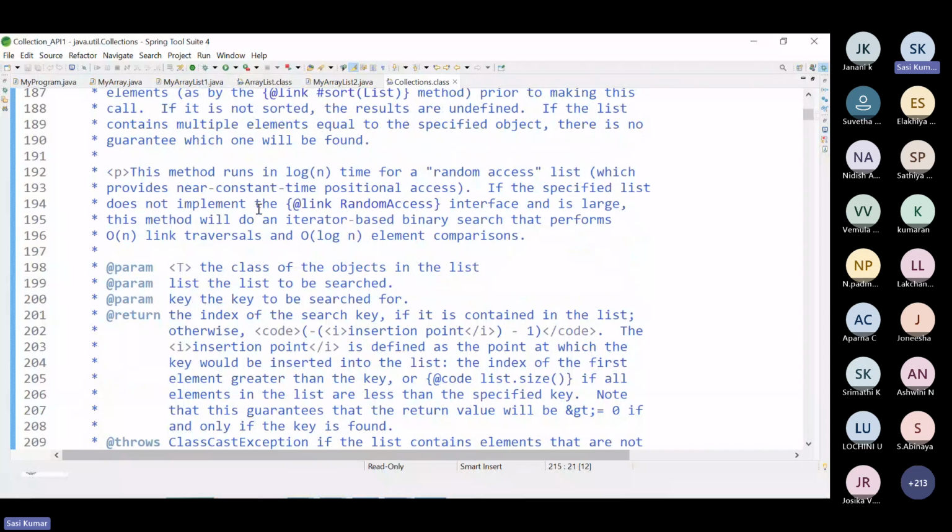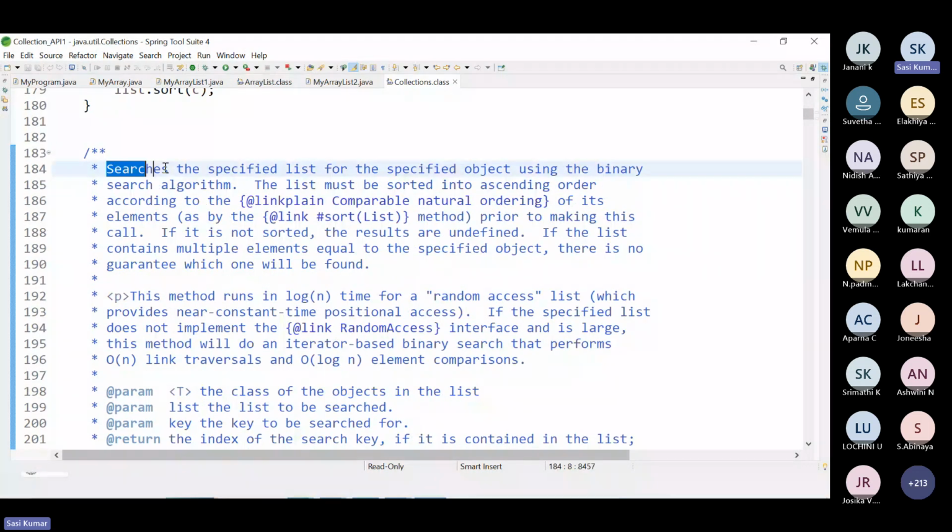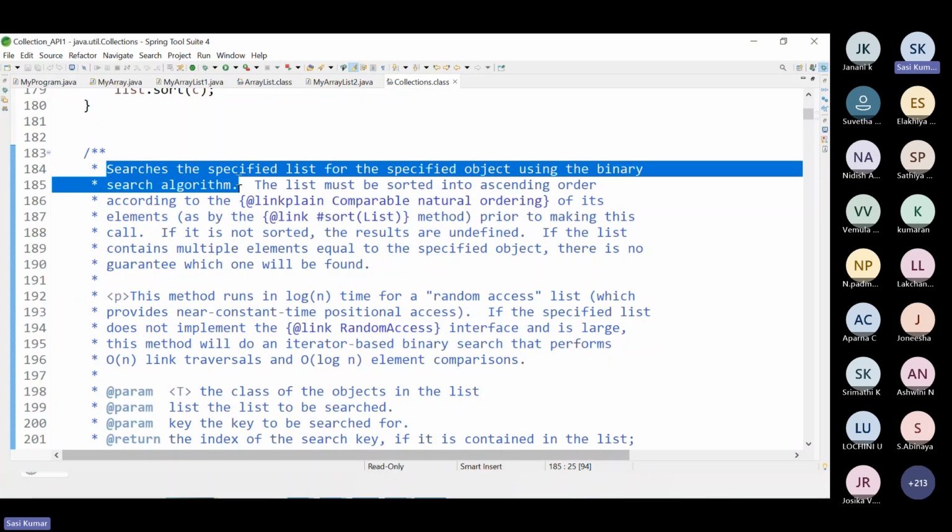What it does is simple: it searches the specified list for the specified object using the binary search algorithm. So whatever element you are trying to search, this method will do it by using the binary search algorithm.